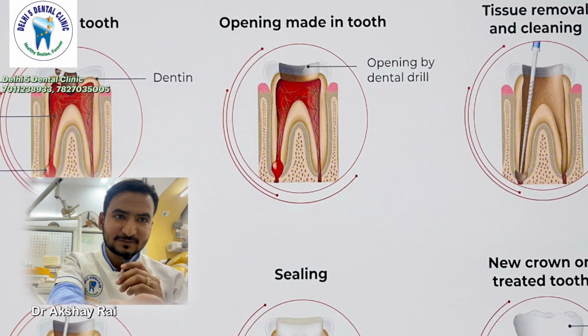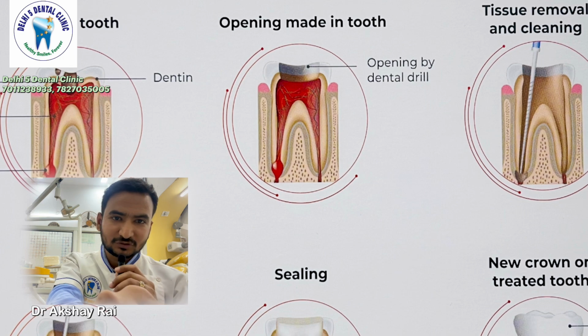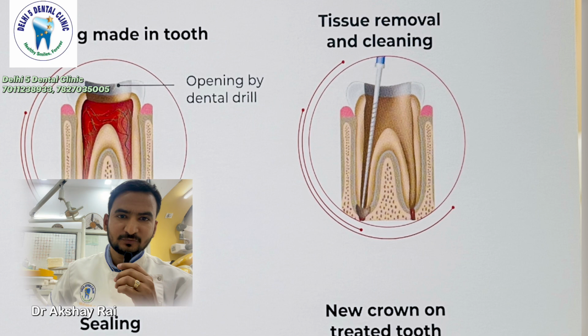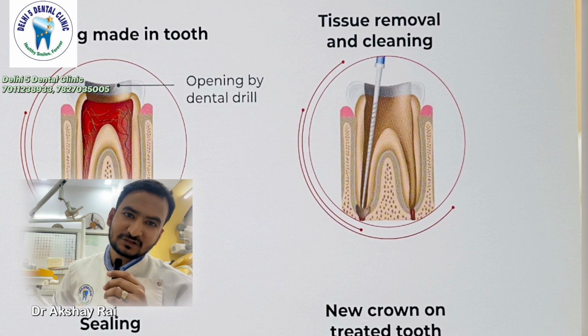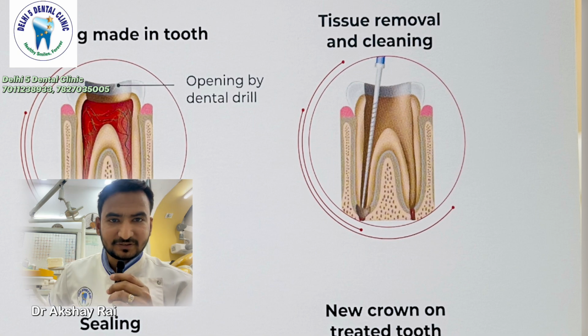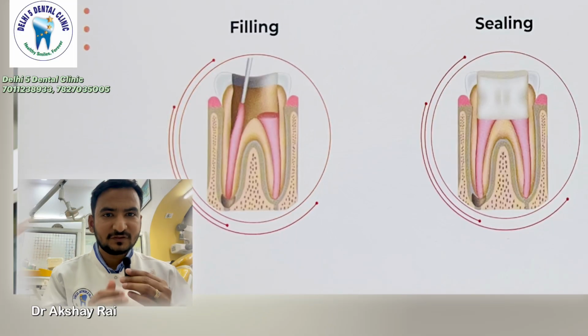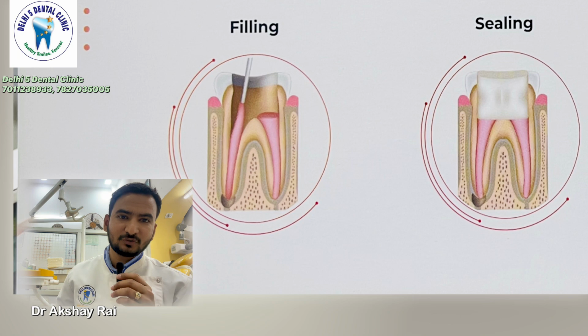Then in the second step, we do the biomechanical preparation, or tissue removal and cleaning, which is done using endodontic files and an endomotor, with copious irrigation of normal saline or intracanal irrigants. Then we have the fourth step. When we are done with the intracanal irrigation and biomechanical preparation, or cleaning and shaping of the root canals,